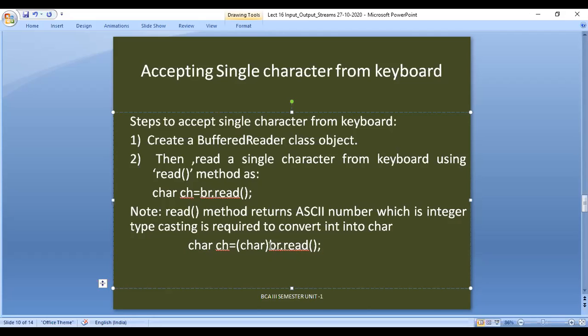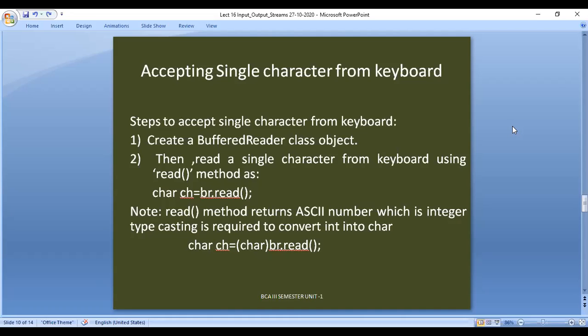Whatever data is supplied at runtime will be converted to char, because we are accepting character type. So the data should be in the form of characters, not integers. For that purpose, we are typecasting it. This is what we have to do while accepting a single character from the keyboard.